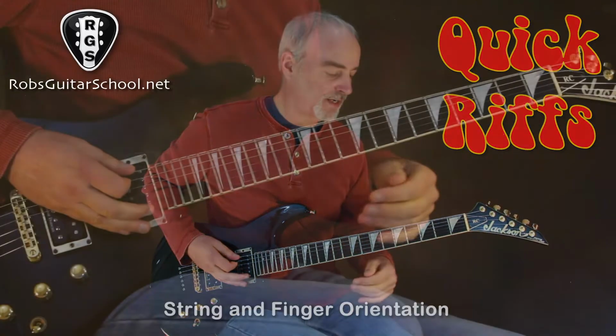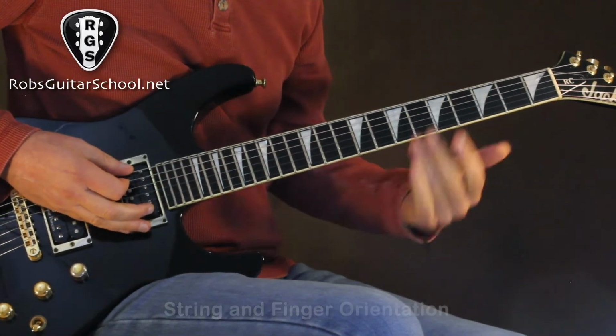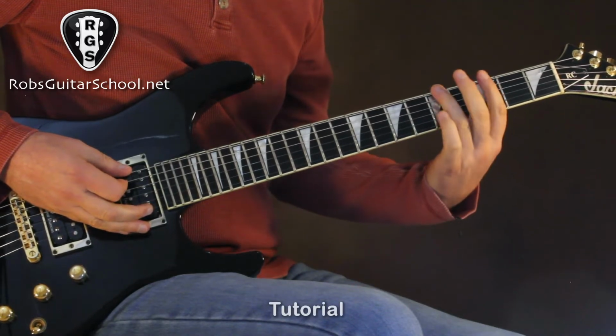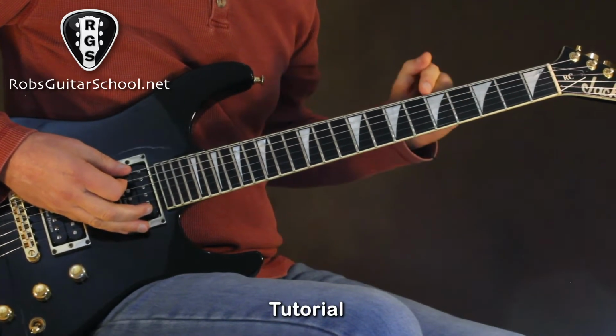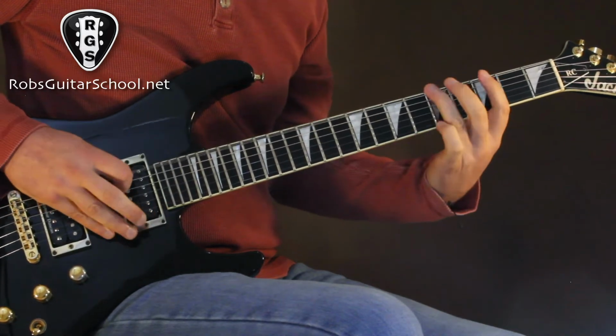Okay, so our strings are numbered 1, 2, 3, 4, 5, 6 from the bottom to the top. What we're going to be using is our third and first finger here. We're going to be on string 6, and we're going to go 5, 3, 5. So 5, 3,